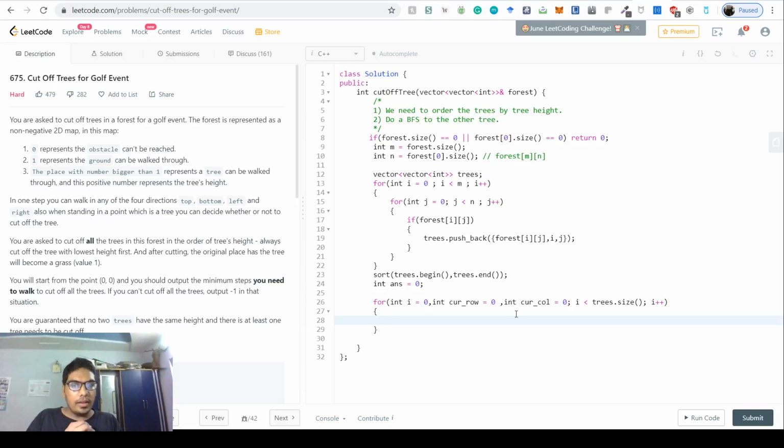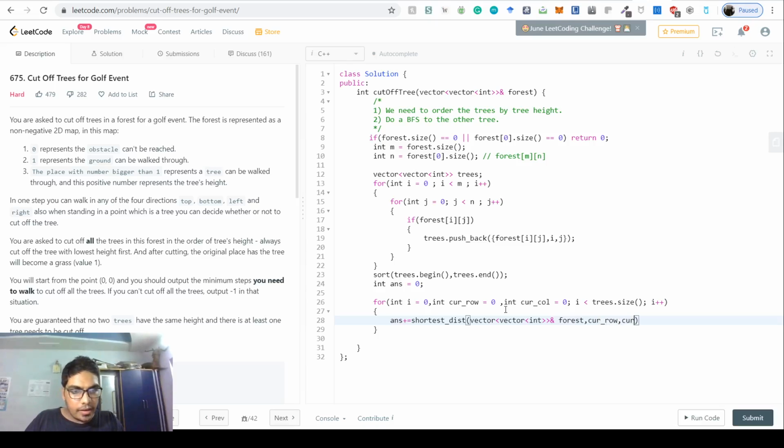Now we want to say that answer plus equals, we want to define a function shortest dist, or number of steps taken. It takes in this vector forest. It takes in the current row.